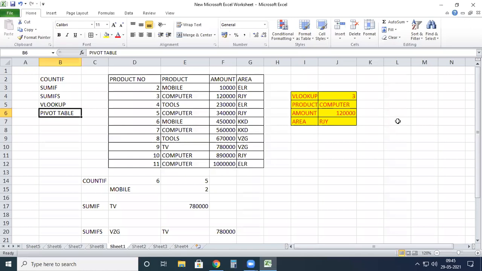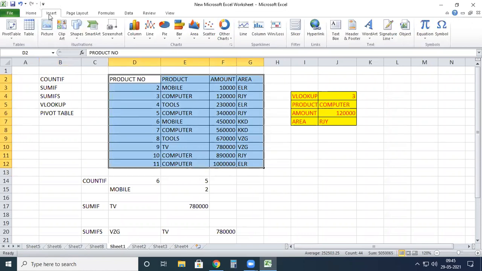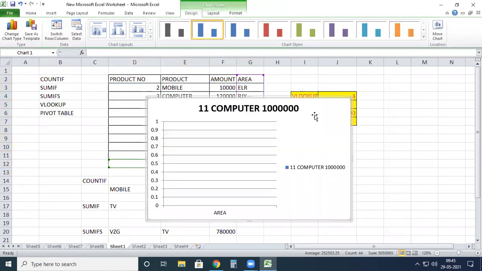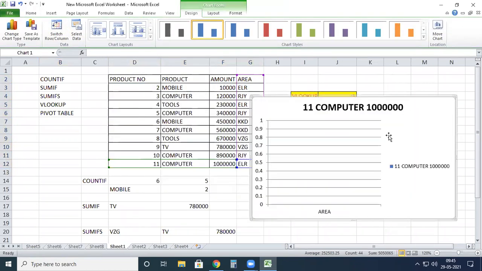Okay, according to this one, here we are also using some charts. For example, here I'm selecting like this. We will try to insert some particular charts. For example, here I'm selecting the columns. Here I will select this one. If you observe here, this is the chart for this one.